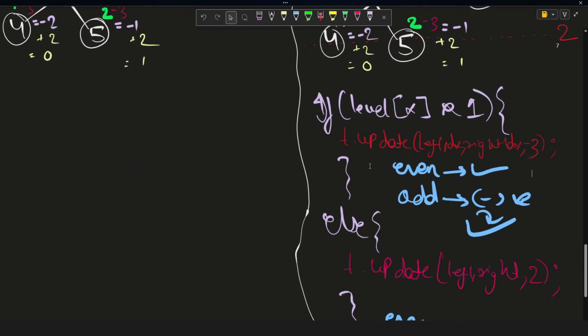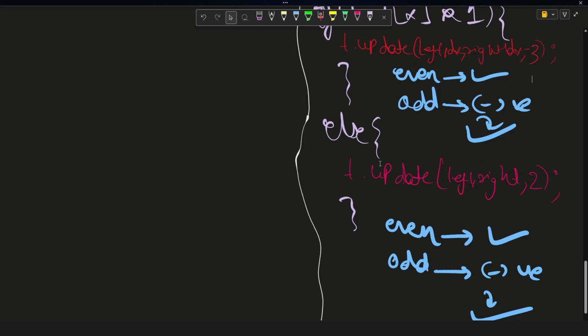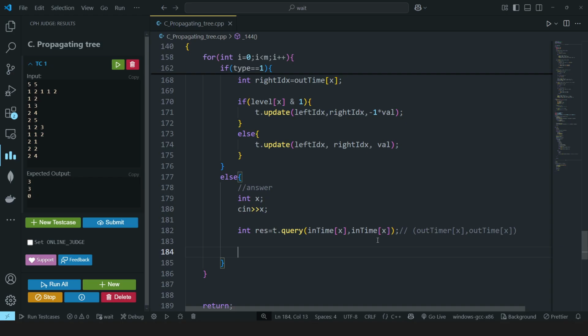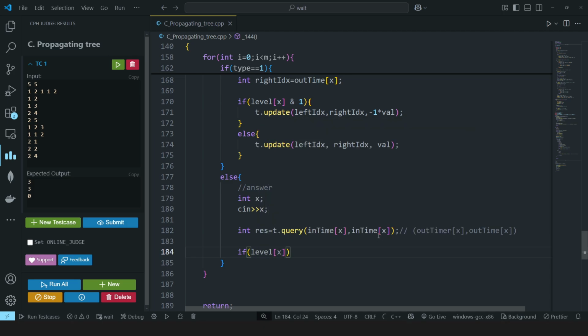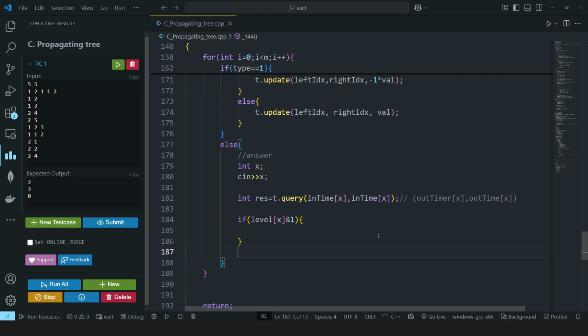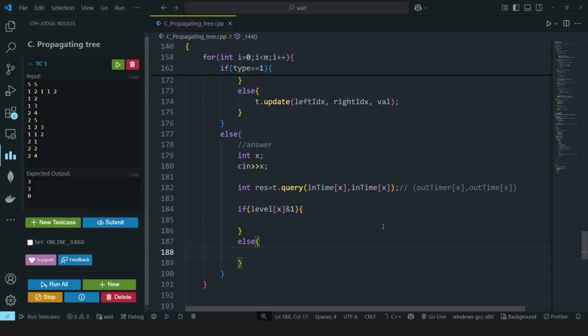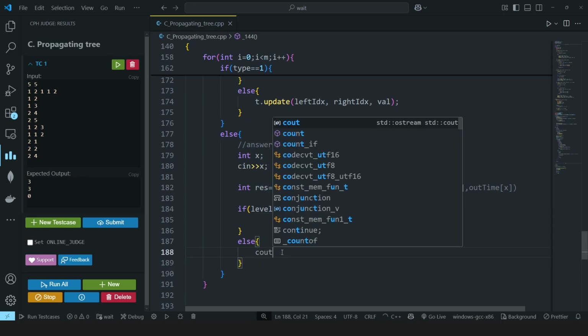But I told you in the explanation that whenever we answer the second query, for the even level nodes we will get the correct value, but for the odd level nodes we will actually get the negative, right? So that's why here we will check if the level of this x is even or odd. If this is odd, then we will do something, otherwise we will do something else. So if this is even, then whatever result value we got is correct. So I will just print this,